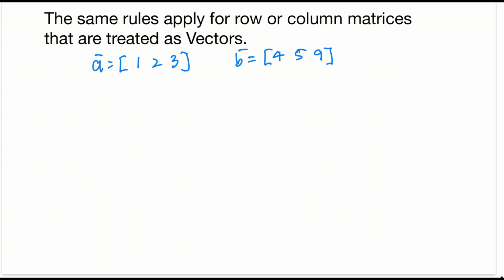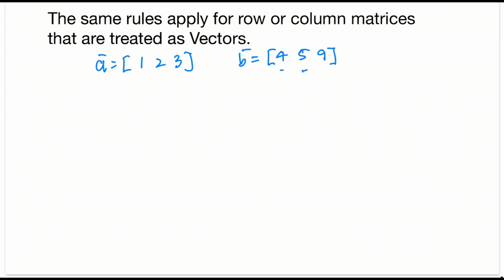In a unit vector, in matrix form, those individual elements are going to be associated with the unit vectors of the coordinate system. But in this case, we're not going to worry about that level of detail. We're just going to do the basic math of addition and subtraction of these matrices. So A plus B is equal to 1, 2, 3 plus 4, 5, 9. Carrying that out, that's just going to be